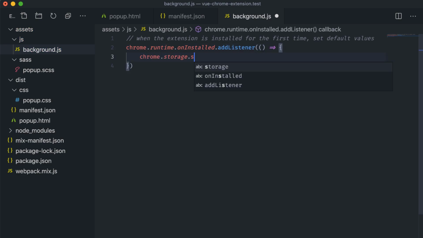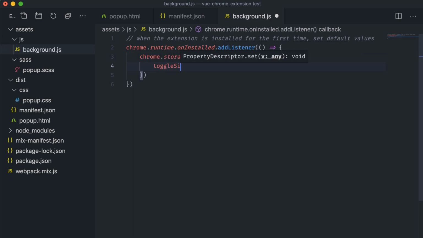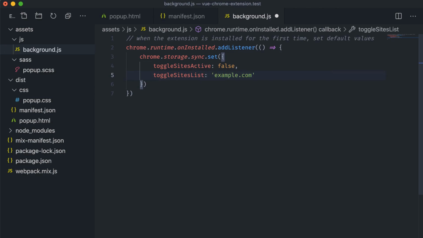And for the invoked function, we're going to use chrome.storage.sync.set, passing in an object consisting of the two properties that we're going to use throughout our extension. toggleSitesActive, a boolean, by default will be set to false, and toggleSitesList, a string, by default set to just example.com. Set is an asynchronous function, meaning that it expects a callback as the second parameter, which contains either an error or the storage items that were set. I'm not really keen on doing anything with either of those, so for this example, we're just going to return